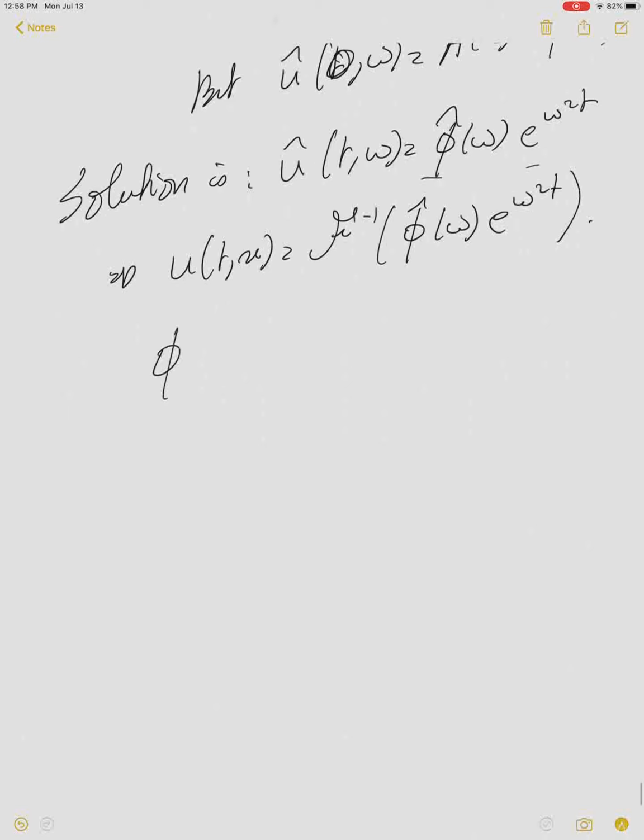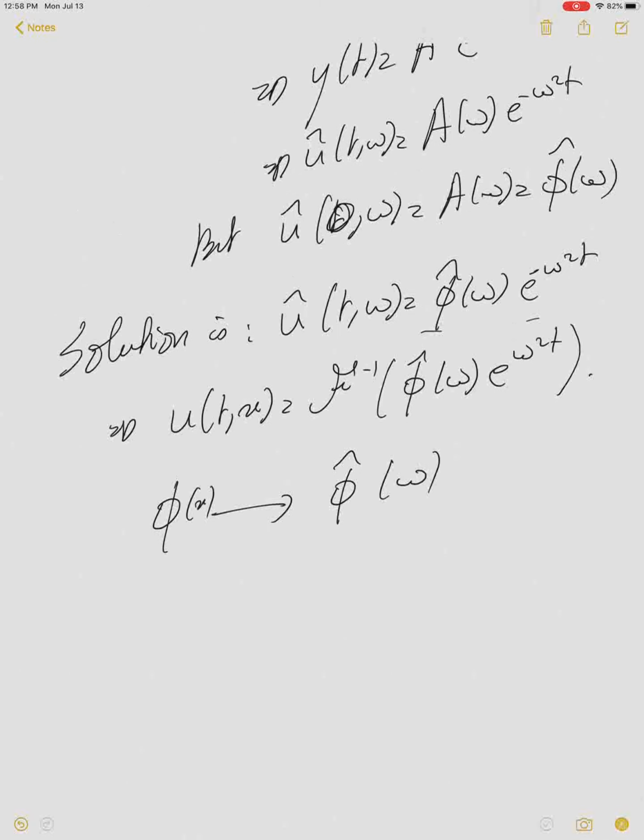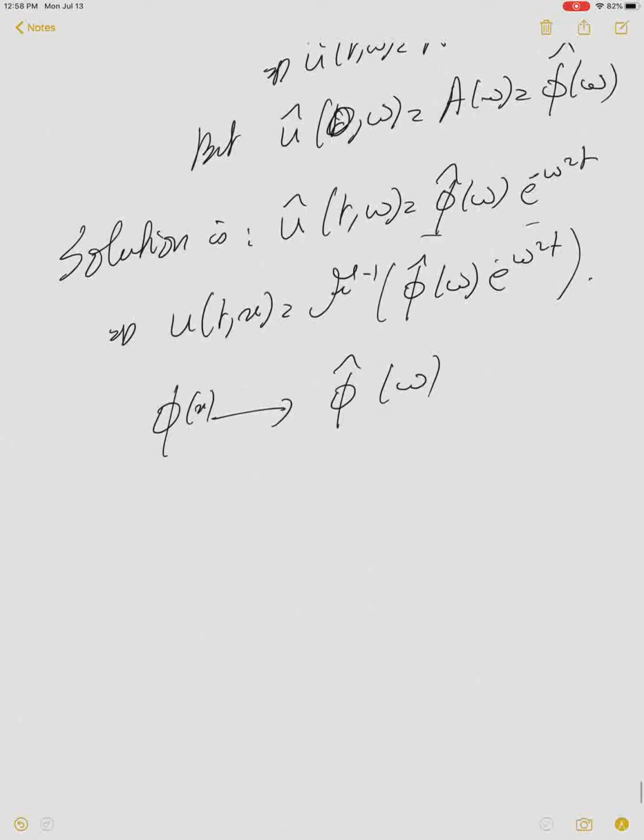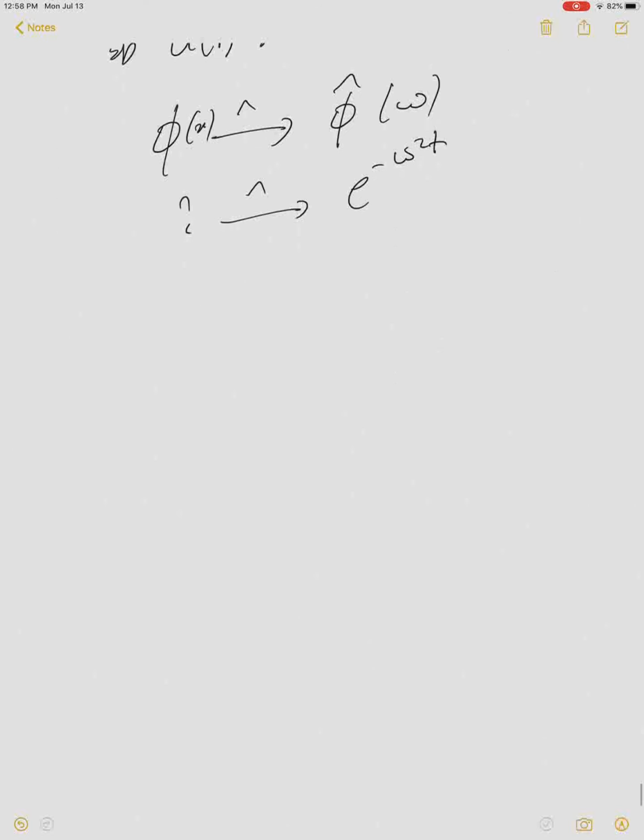Okay. Now I know that phi of x goes to phi hat of omega, but I have here e to the minus omega squared t. But e to the minus omega squared t is the Fourier transform of which function? Now you go to your table or to your homework. So from the table,